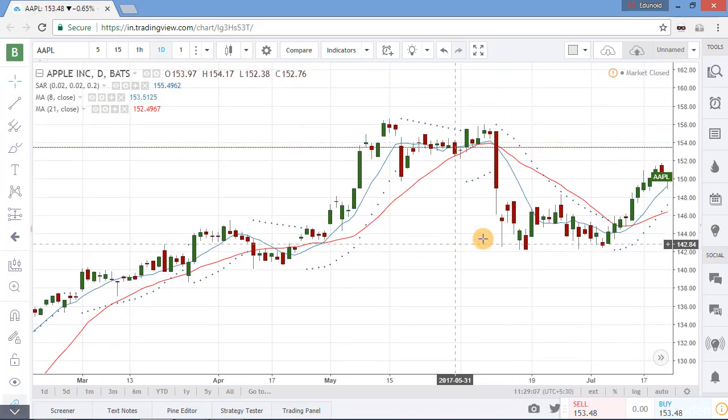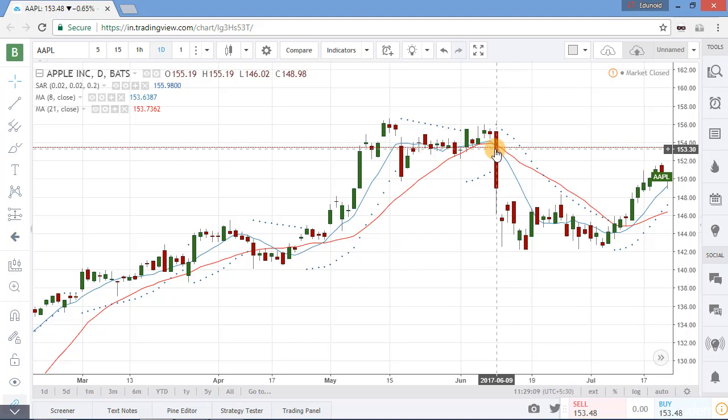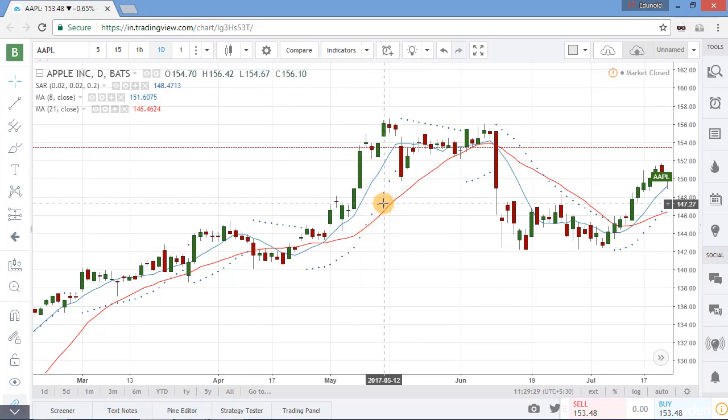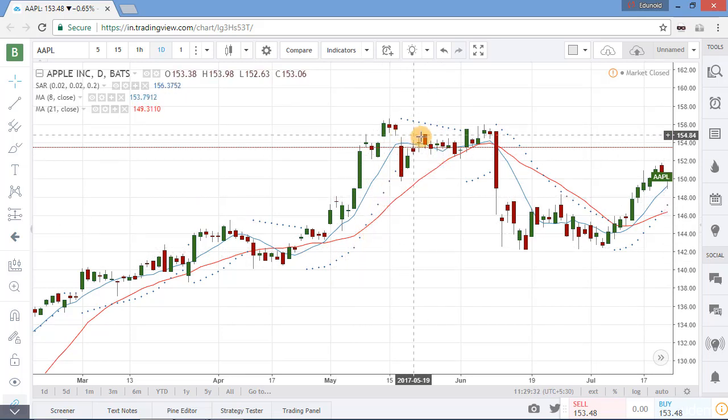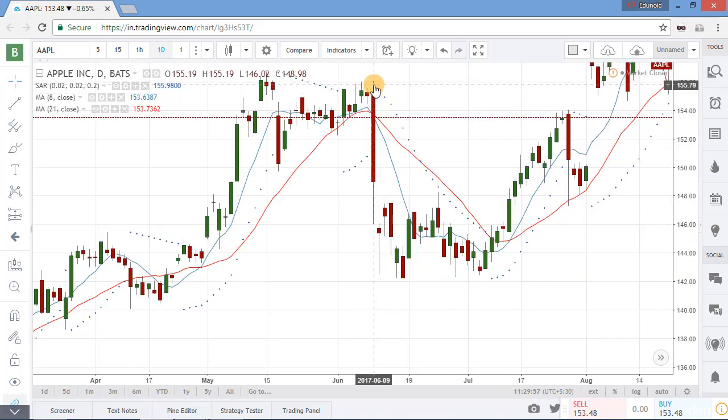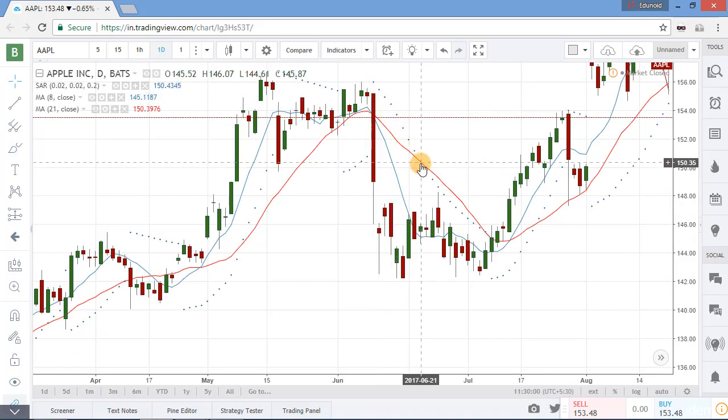You can see the moving average is in bearish mode and also we are getting a bearish signal from Parabolic SAR. You can see when the trend extends, this is the gap between the dots and this is the starting phase of the trend, and as long as the trend extends the gap between the dots increases. This is the consolidating phase, so the gap between the dots doesn't increase. Here too the distance between the dots increases. It means we can hold our position,